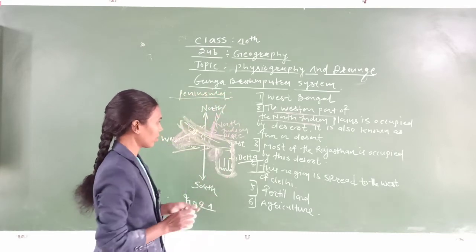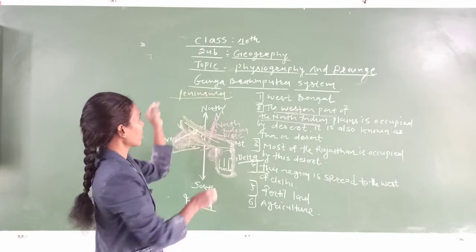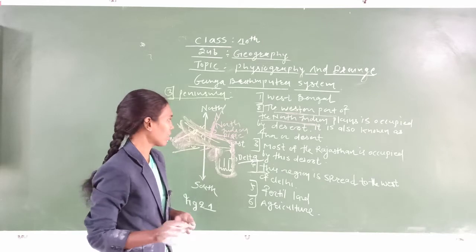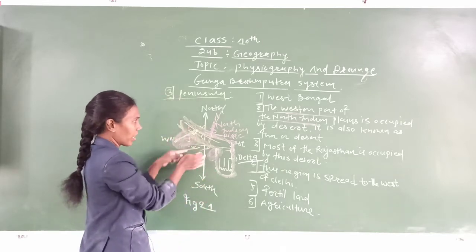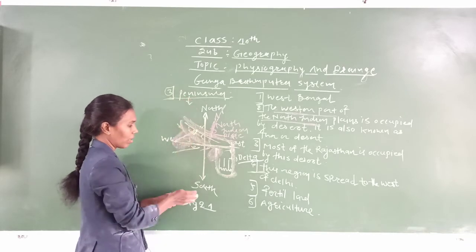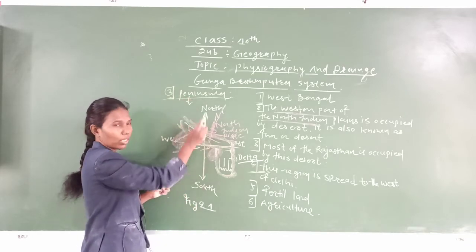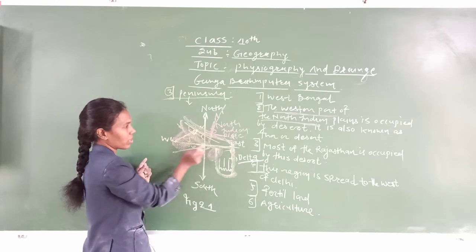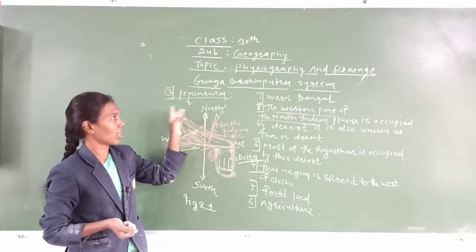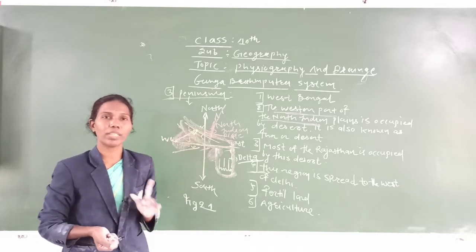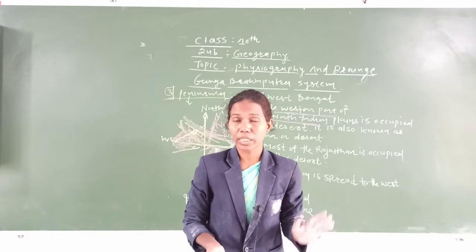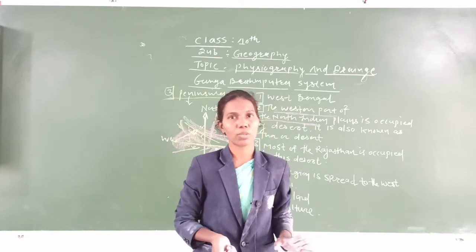So if we learn the peninsula, it is the third portion of the physical division of India. That is not a big part. For example, in this way we consider this peninsula with the help of diagram 2.1. It is considered north, south, west and east. Okay, so what is the peninsula? At the start of the video, when we started our first video period,